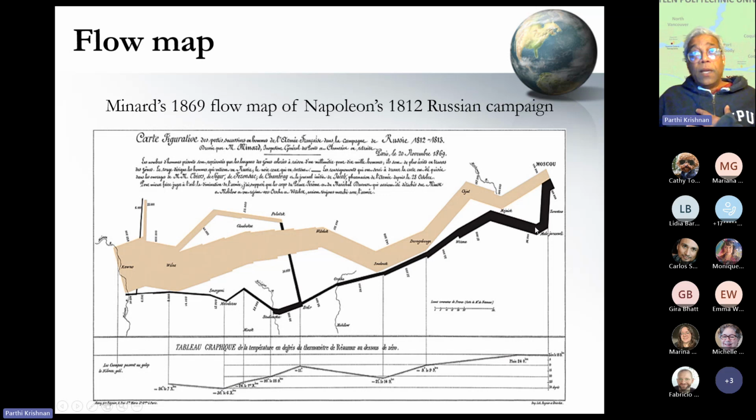So what you can see here is that on this one simple map, it shows you how the campaign that started with 144,000 troops only ended up in Moscow with 100,000 troops. And after the defeat, as they came back, they lost lots of troops until, when they reached back to their staging ground, they only had about 10,000 troops. So maps are wonderful in trying to encapsulate not only static displays, but also dynamic displays in terms of movement.